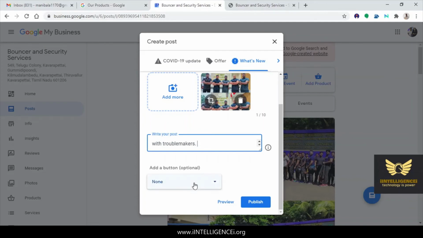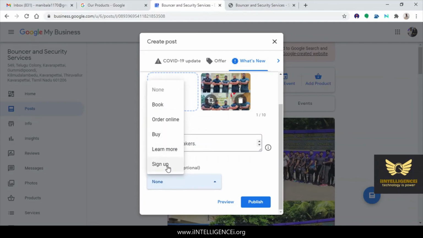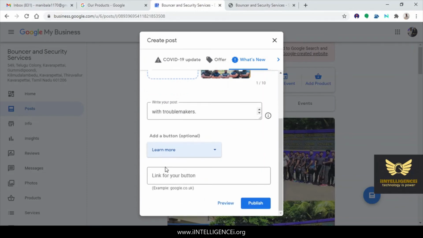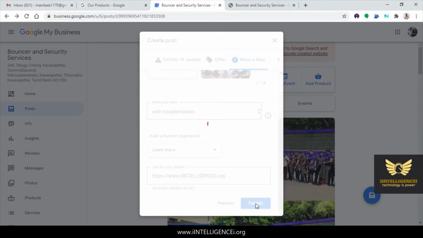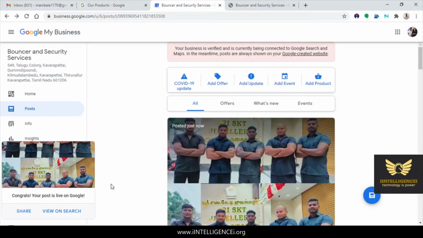If you want, you can add a button, just learn more, right? I'm linking a button. Actually, you need to give the payment link here, but now it's a sample. I'm just giving our site link. Now click publish. Right? Congrats, your post is live on Google now.